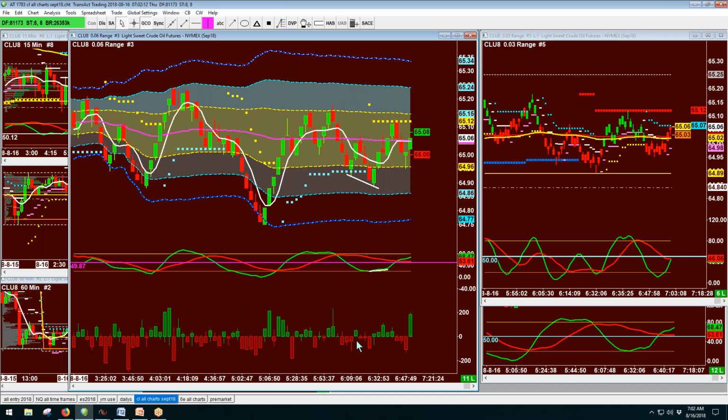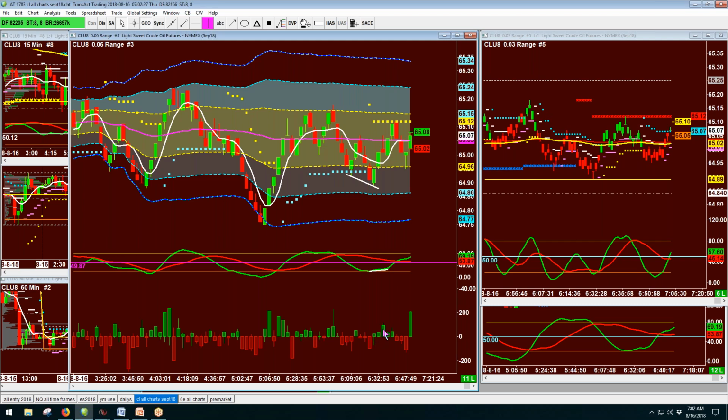you can see right at that area, we get sellers coming in, right? In that area we were talking about, you can see some sellers, bigger sellers by the size of the bar, right? And then you can see that it turns into more buyers, and then the buyers increase more, and then you can see as it gets up to the resistance area, it doesn't quite hit resistance of the high value area up there at 65.15, but you can see that the volume of buyers decreases and then it turns into some sellers. So this is showing the net difference between the orders coming in at the bid and the ask. So right now you can see that we're getting more buyers coming in,